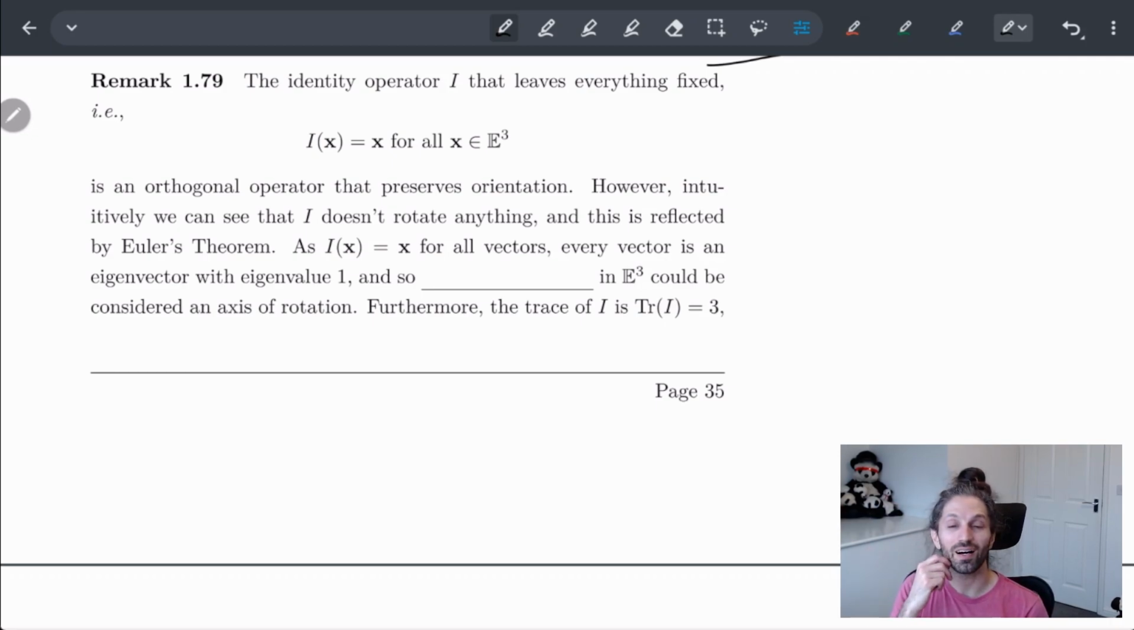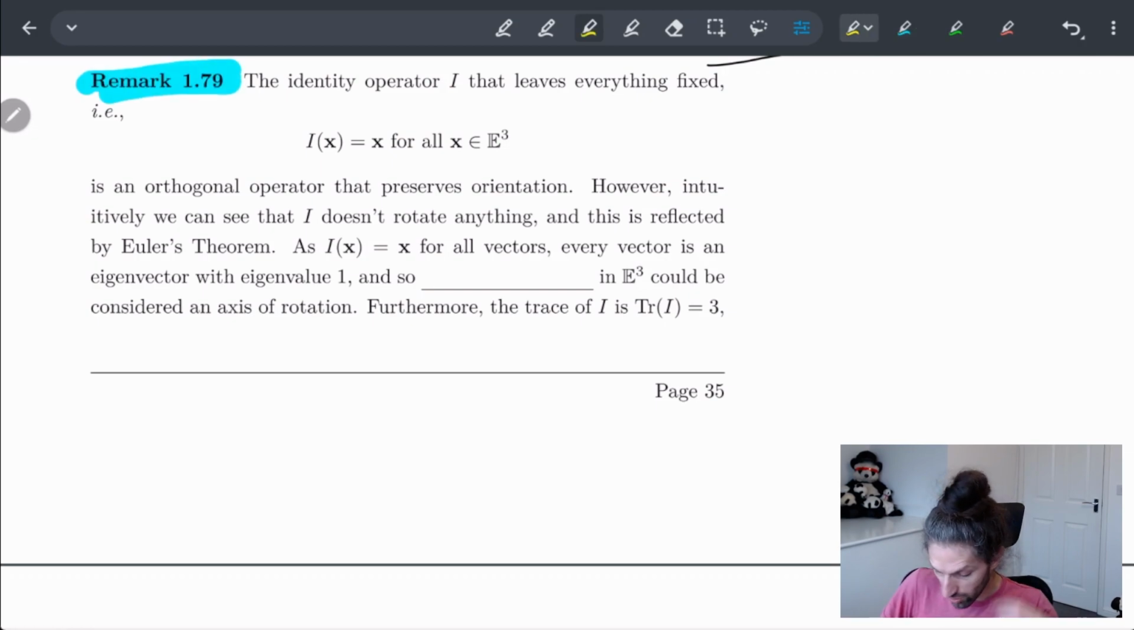Hiya! So in this video, we're going to start looking at the proof of Euler's rotation theorem and how it works. Let's look at the identity. One thing we're going to do quickly before we do that is look at a remark,